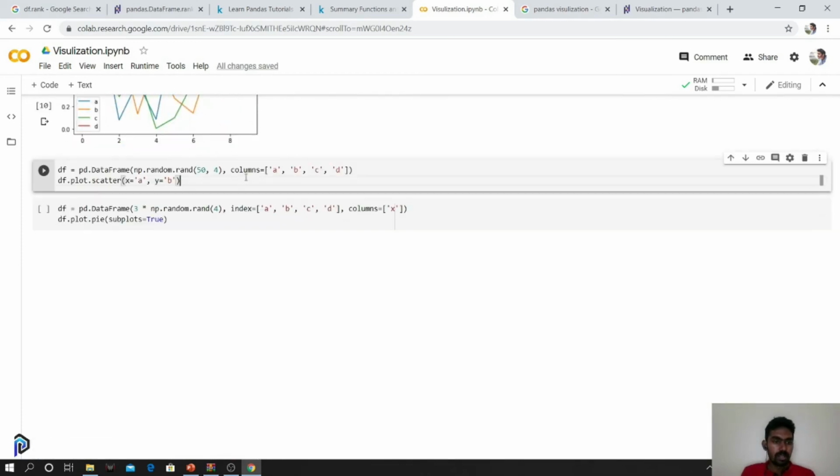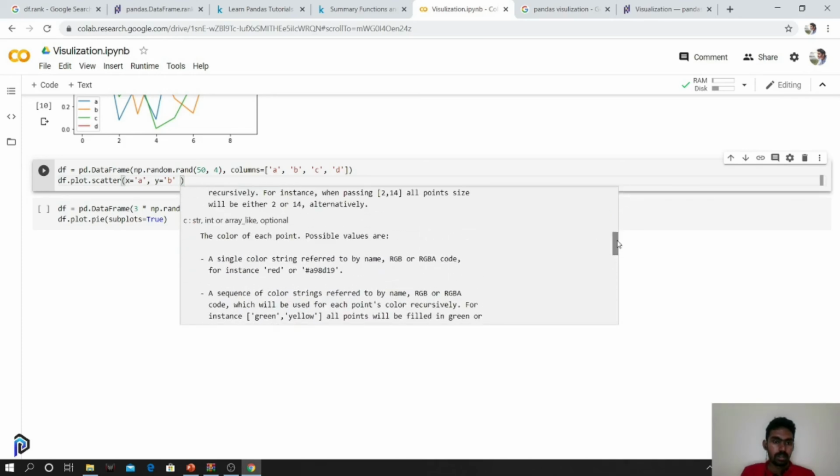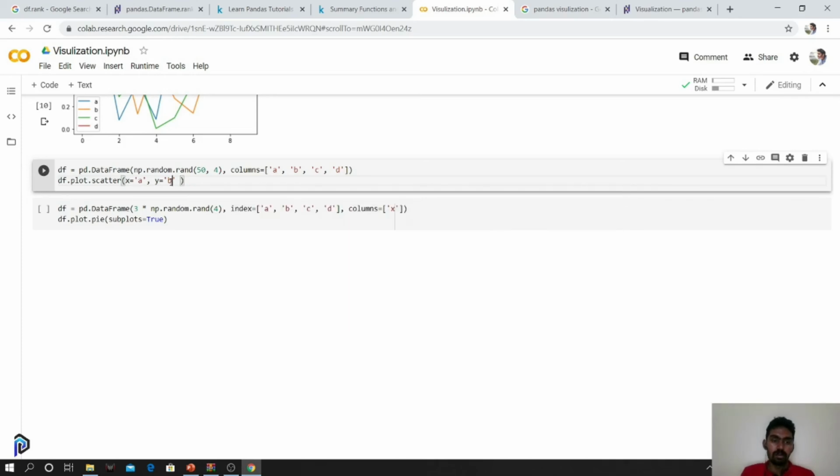This also brings us to the scatter plot. For a scatter plot, we have to give x and y coordinates. We can also give many other parameters like s for size. Size can be determined by another column, and color can be determined by another column. You can look into those things. Totally, we can include 5 columns in one particular scatter plot itself.